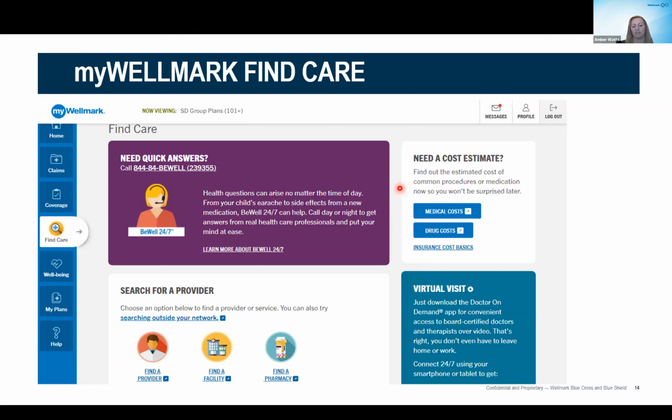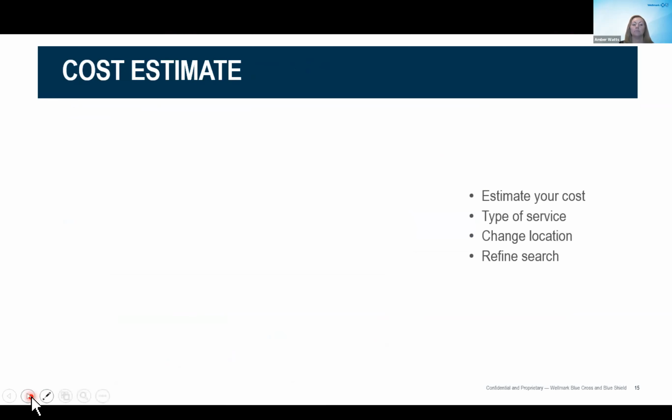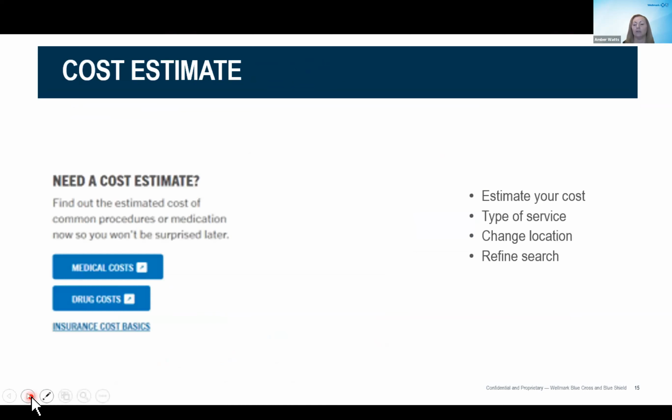And then cost estimates. Again, the pharmacy we'll talk about a little bit later, but I'm going to show you an example of what it looks like when you get a medical cost estimate. So with the medical cost estimate, you can estimate what, and again, it's an estimate. It's not a guarantee that that's exactly what it's going to cost because it's going to vary based on what the provider actually bills as a service. But you can estimate your cost by type of coverage. You can change the location, refine the search. So if you click here on medical costs,